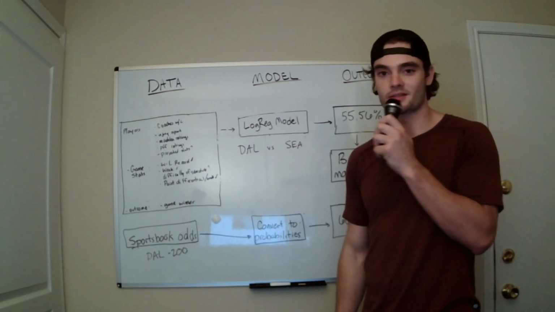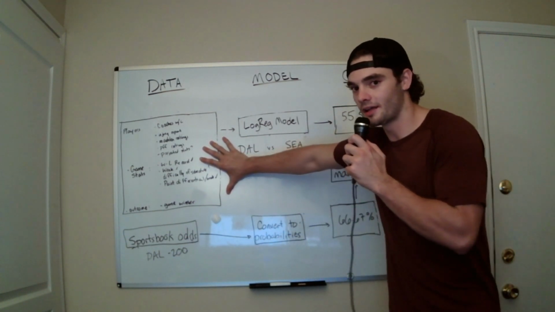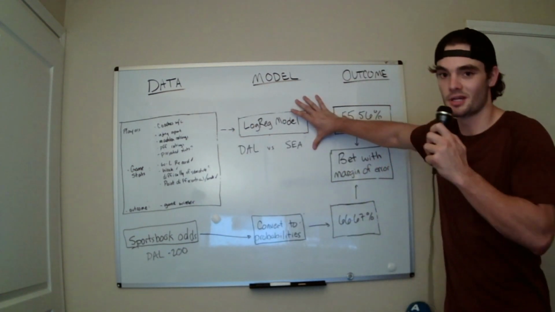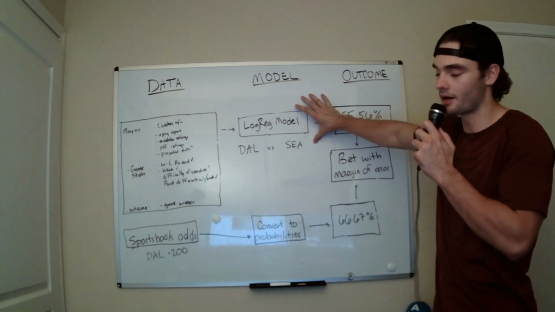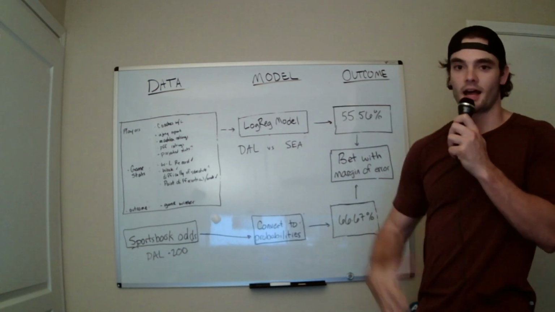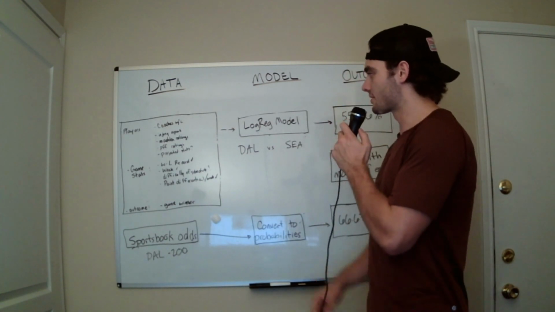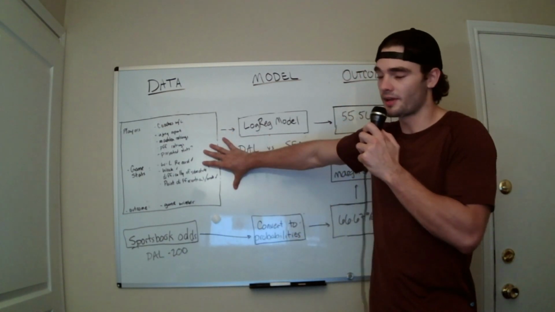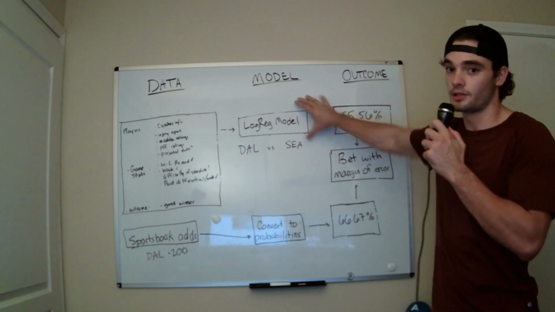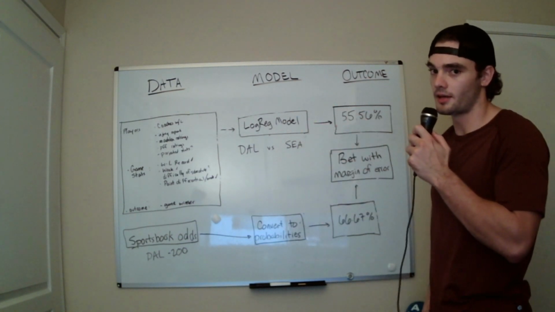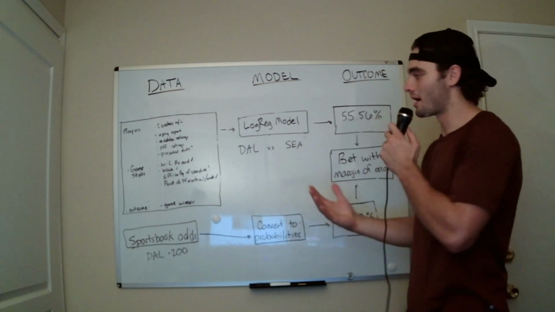The next step in this process is that I take all of this large clump of data and I shove it into what is called a logistic regression model. So this is a type of machine learning model, AI model, whatever you want to call it. And I'm just going to go into like a quick overview. You don't need to know all the intricacies, but basically you take all of this historical data, you put it into a logistic regression model, and you train the model on that historical data. And then when I ask the logistic regression model,